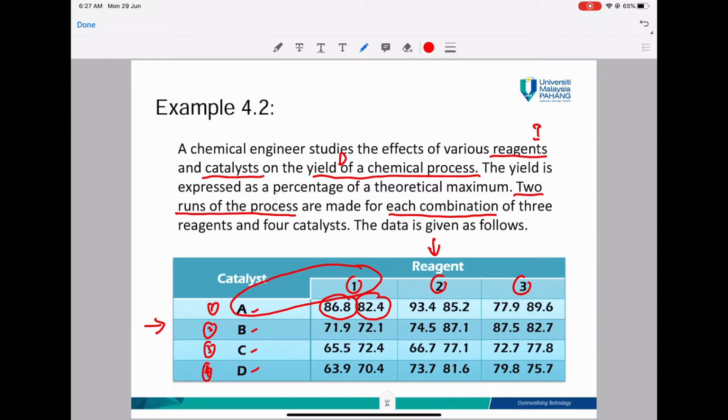The next treatment we have is A2, and the data is 93.4 and 85.2, and then the next treatments are A3, B1, B2, B3, C1, C2, C3